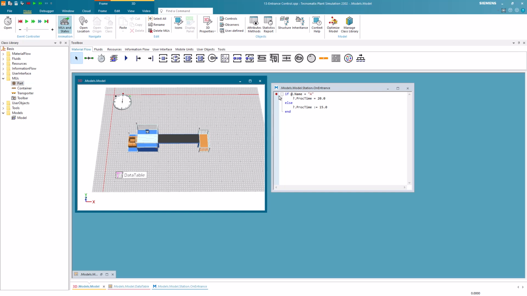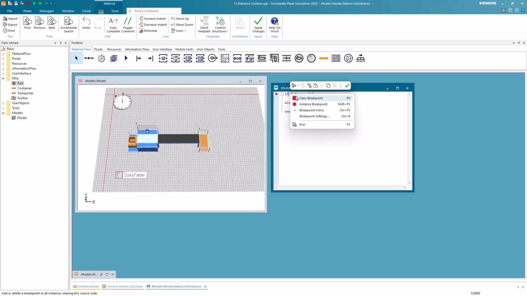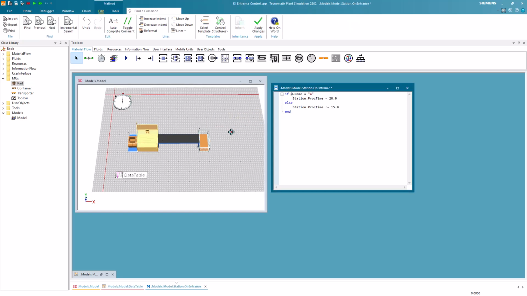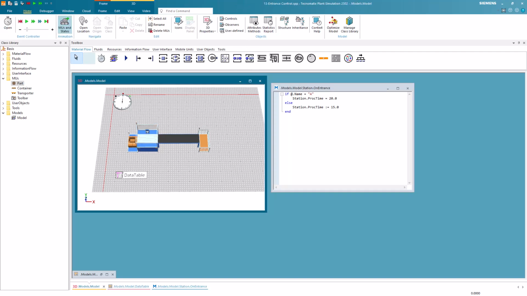You might ask yourself now, in which case this would not be possible. We want to demonstrate this in this model. In the entrance control, we now use the relative path of the station instead of the question mark by dragging and dropping it into the entrance control. We then start our simulation. You will see that the simulation runs perfectly.